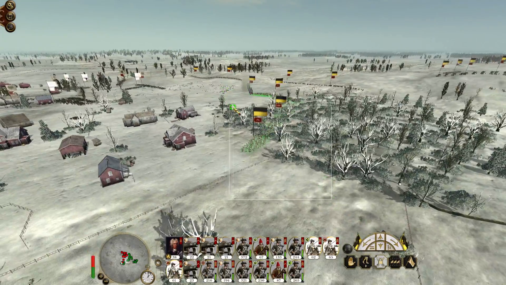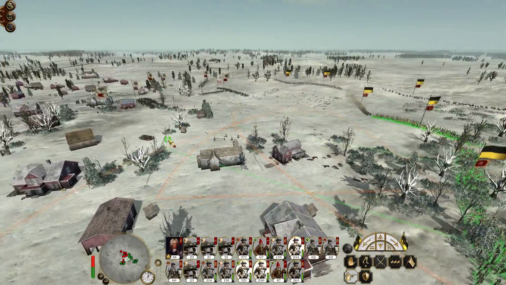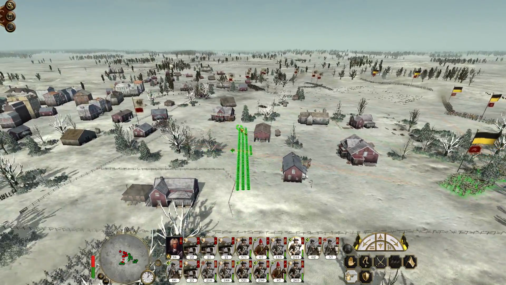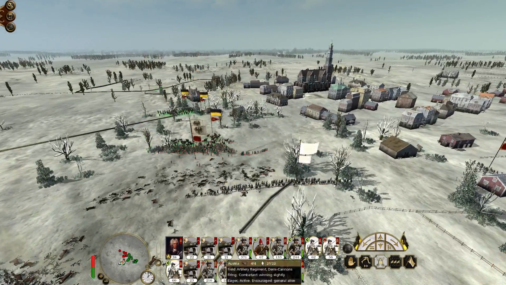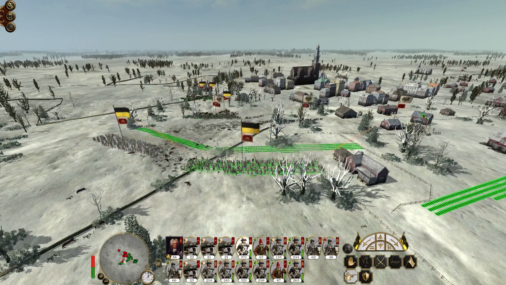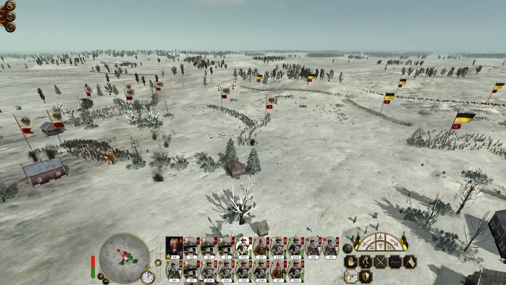So we can see a general rout occurring across the enemy's line. We're going to take a little bit of a risk and fold that through like that. I'll bring them up to cover here. And these guys getting off a fantastic rate of fire. I think mainly because they are